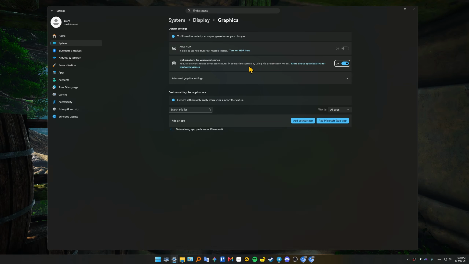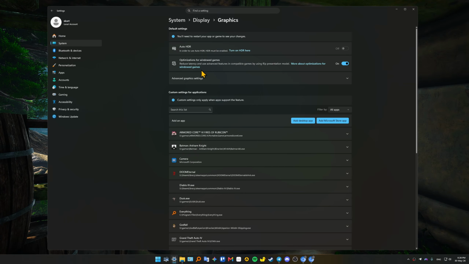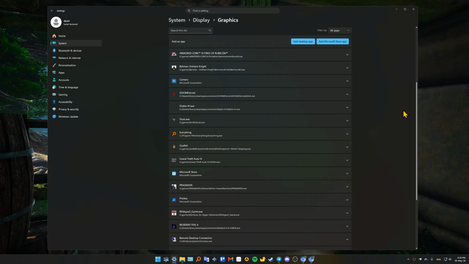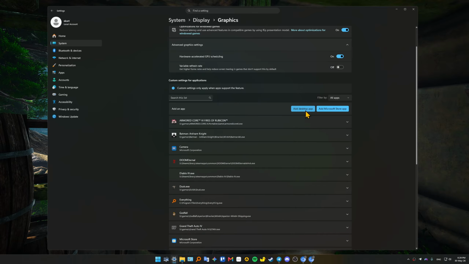Then go to settings and graphics. Then enable optimization for windowed games. Open this and then make sure that your HAGS is enabled. It's the short for this time right here. Turn it on. And also what I recommend, you can just add your app or game into this list, and